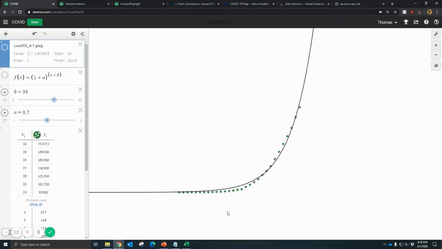And as far as it knows, it's trying to match this black curve up to these green dots. And if it matched perfectly, we would have an exactly exponential. And if there's any hope here with our situation, it looks like maybe, just maybe, we're kind of deviating a bit from that possible exponential function. Maybe it's starting to flatten out.